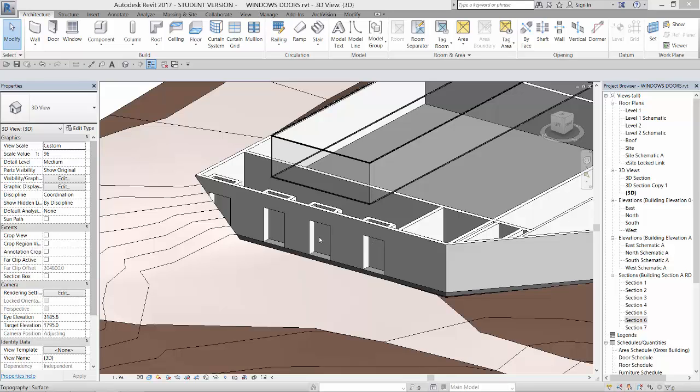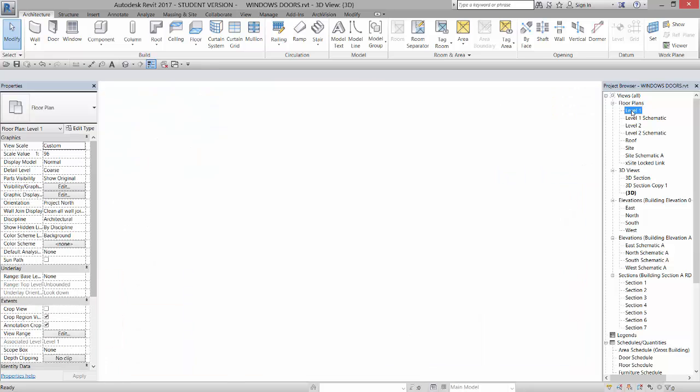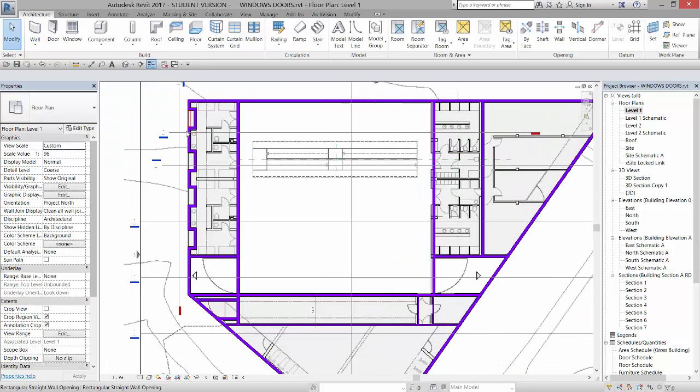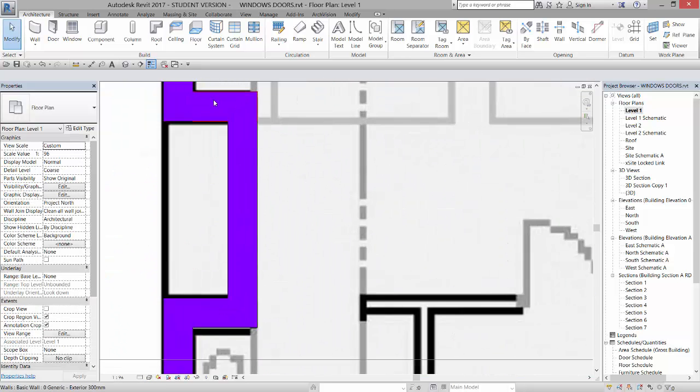Alright, we've created the openings here for the wall, and now we're going to place some windows back here in the wall that accommodate those openings. So the first thing I'm going to do is go to my level 1 plan here, and I'm just going to do a dimension to see what the width of those windows need to be, and they span the full